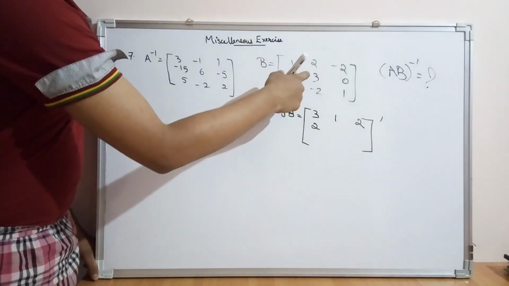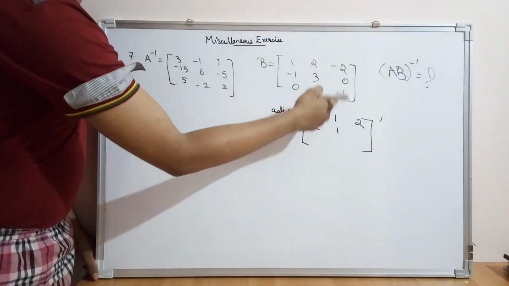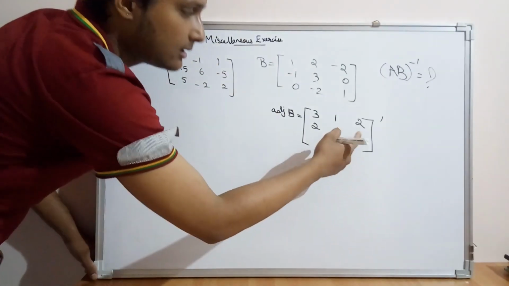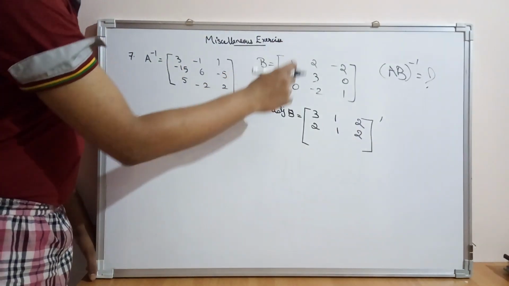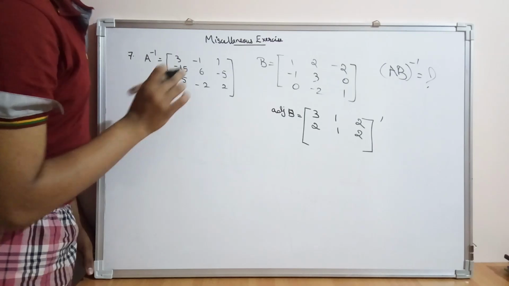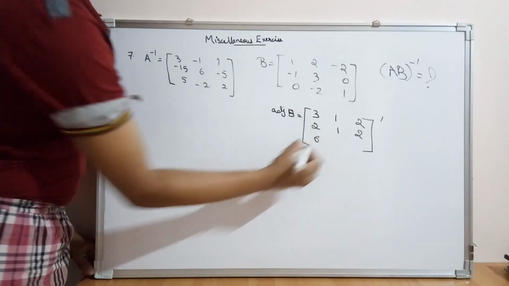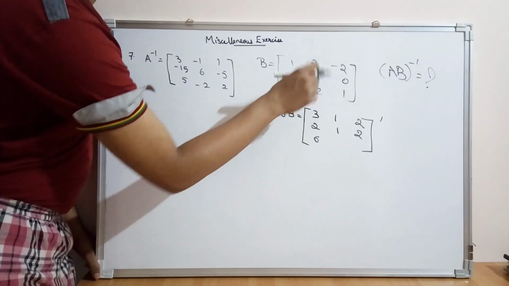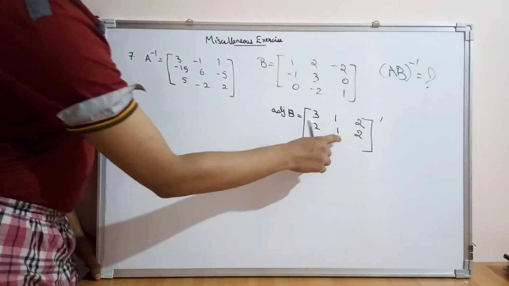Okay. Then we have in this position 1 into 1, that is 1 only. Okay. 1 more here, that is 1 into minus 2, that is minus 2 only. Since it is this position, I need to make it plus. Then corresponding to this point, 3 into minus 2 is minus 6, negative of that is plus 6. Now this position is minus 1 into minus 2, that is 2 only. Since it is this position,